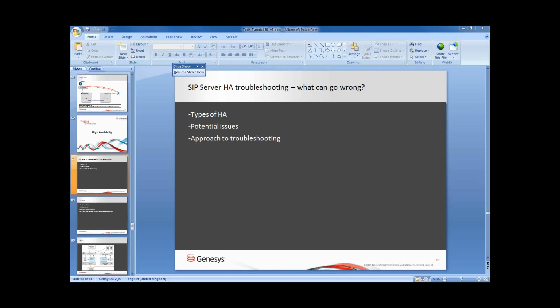What potentially can go wrong in this scenario? Obviously, if we're working with ARP,